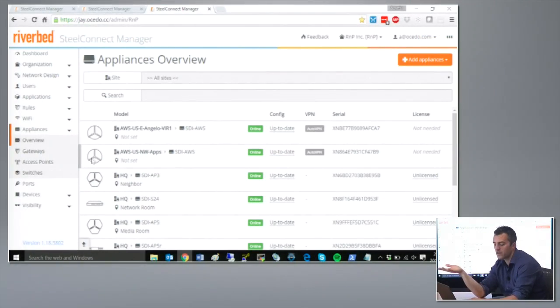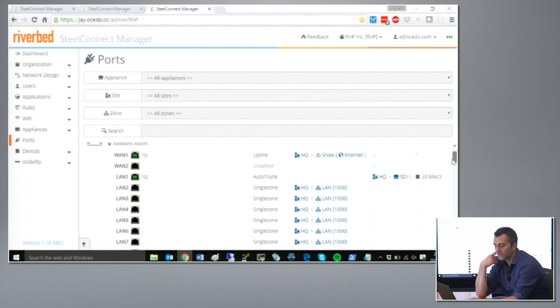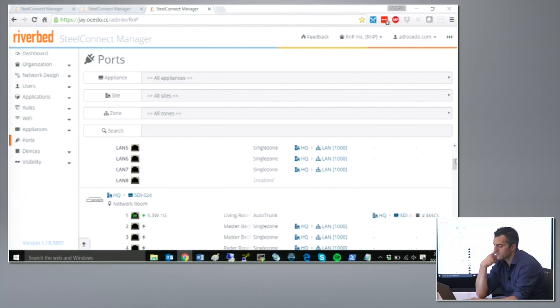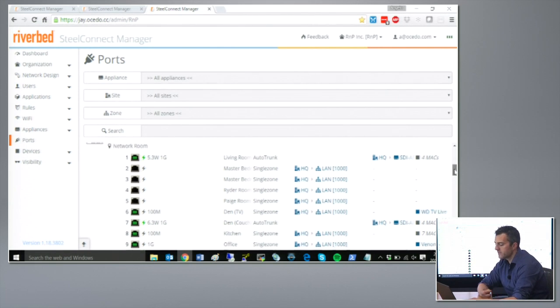Okay. So let me just quickly show them the ports thing here. We know the appliances, we know what IPs they have, we know where they're talking. If I show you the ports, we actually tell you exactly what's plugged in with great detail to everything else. So if I look at this S24, which is a bigger model of the one that's on the table here, I can see that currently